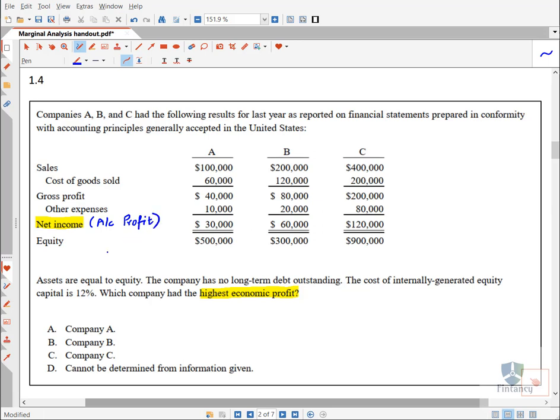That is my accounting profit, but I cannot base my conclusion on that in this question. They are asking for economic profit. So remember what we need to do extra to reach economic profit. We need to deduct the implicit cost from accounting profit. So economic profit is equal to accounting profit minus implicit cost, right? Now what is this implicit cost and how to calculate it?